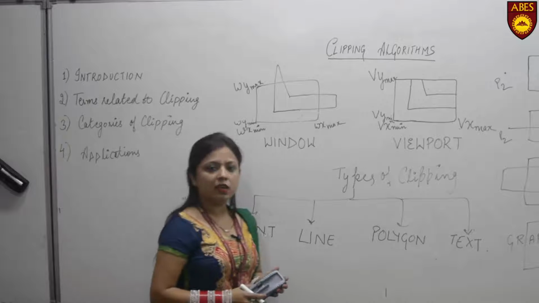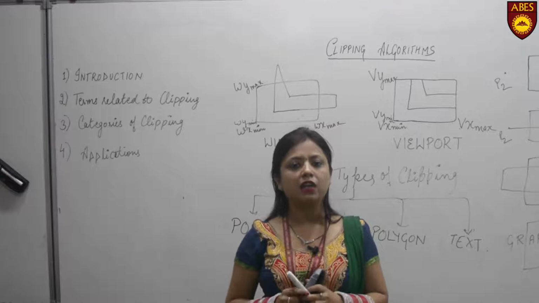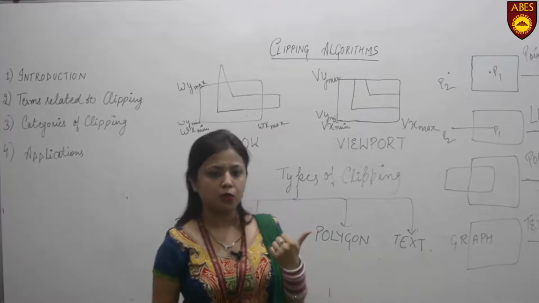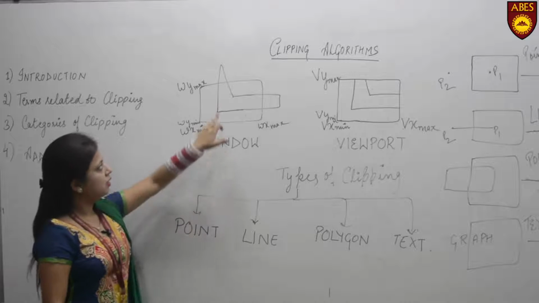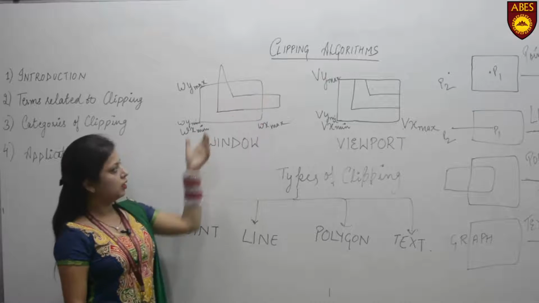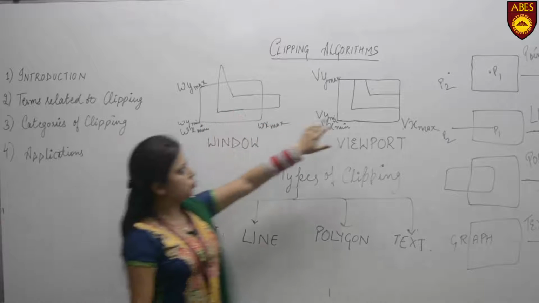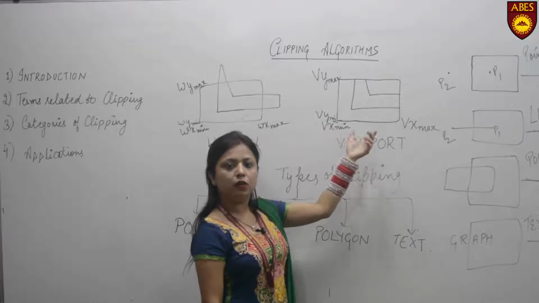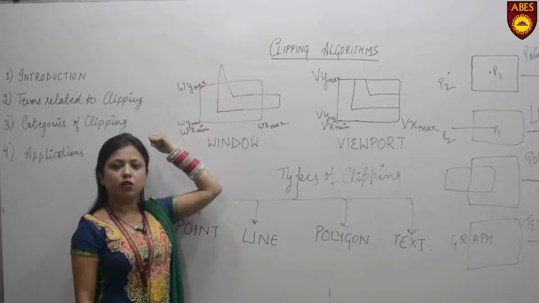When we talk about clipping algorithms, the basic idea is that we create a bounding rectangle around the selected area and retain only that part of the area in the output image. For example, here I have drawn a figure composed of a triangle and a rectangle. When this input image is taken, we get as output only the part which is inside the window, and the rest of the image area is cropped out.